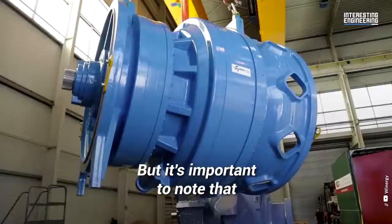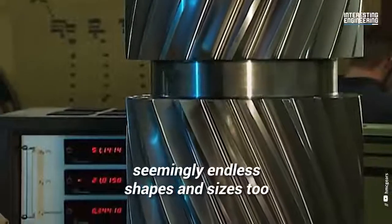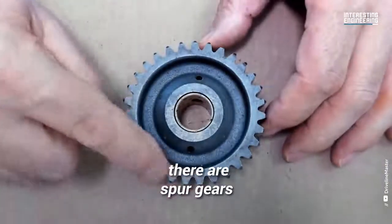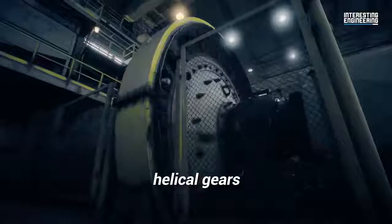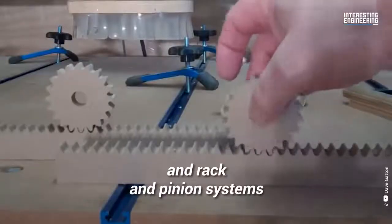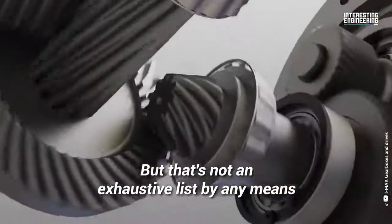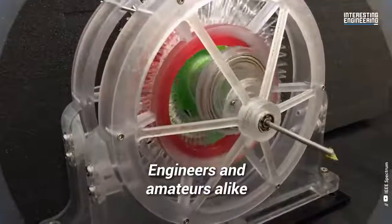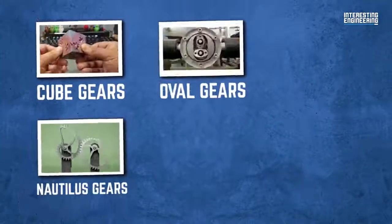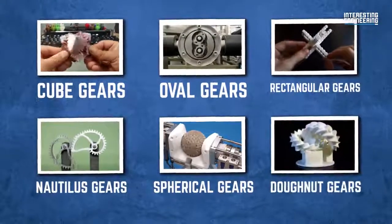with teeth. But it's important to note that gears themselves also come in seemingly endless shapes and sizes too. For example, there are spur gears, helical gears, bevel gears, worm gears, and rack and pinion systems. But that's not an exhaustive list by any means. Engineers and amateurs alike have also designed cube gears, nautilus gears, oval gears, spherical gears, rectangular gears, donut gears, and